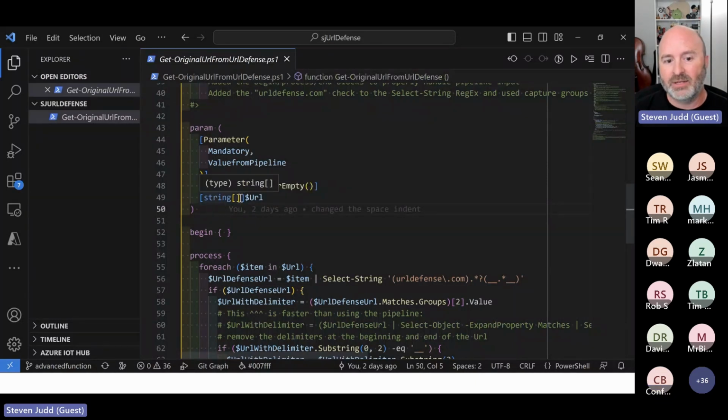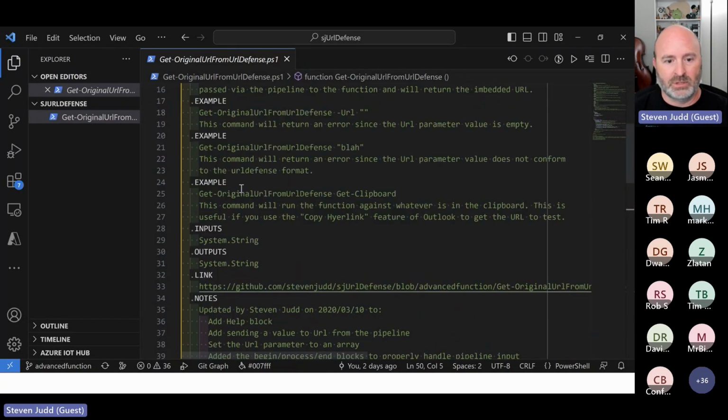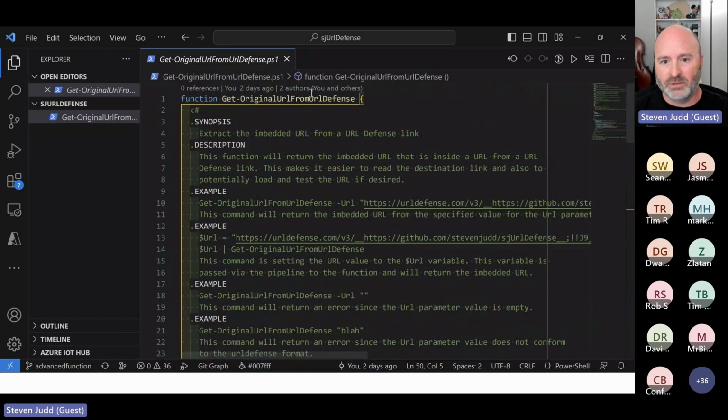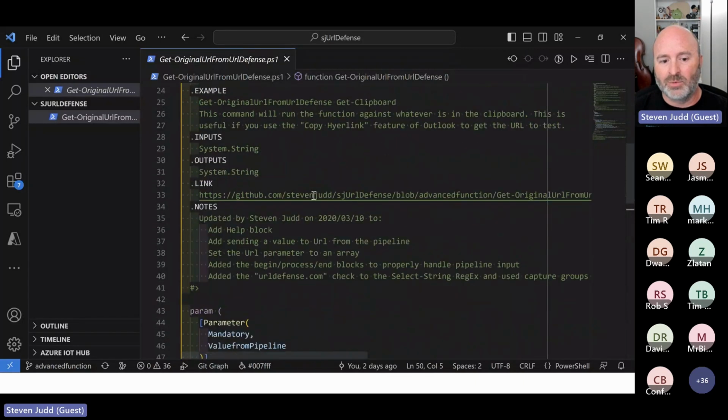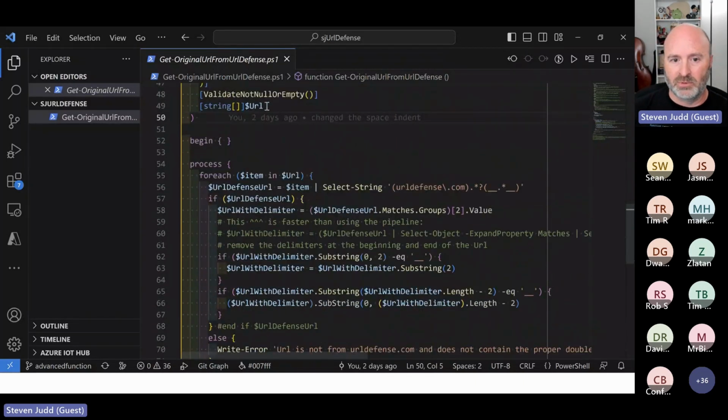And because I defined it as an array, you can do my command name, which is up at the top, Get-OriginalFromURLDefense -URL, and then pass it an array. So you can pass it multiple URLs, as many as you think you need to cover. And then it will go into the foreach for that array. So for each item in URL, we're getting used to this. Okay, do the Select-String, do this.